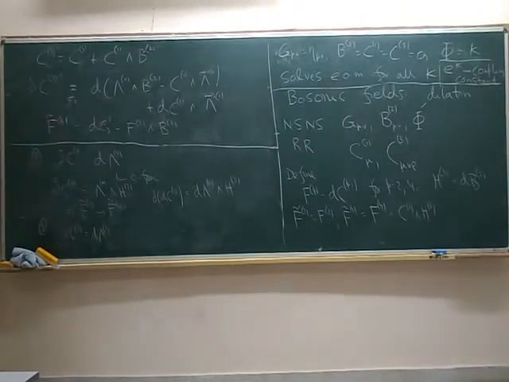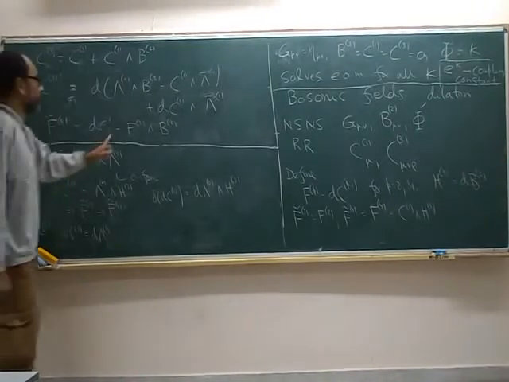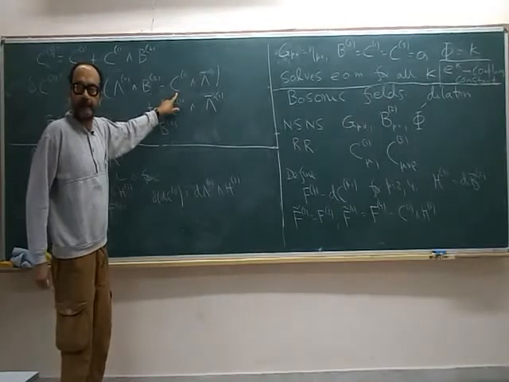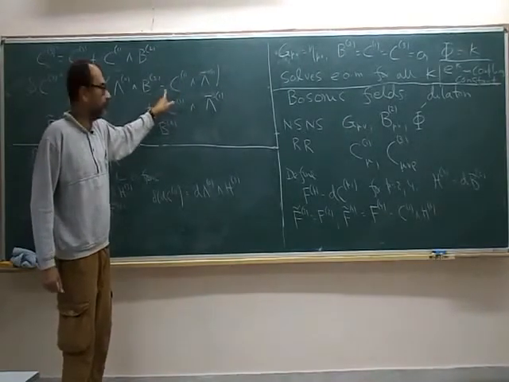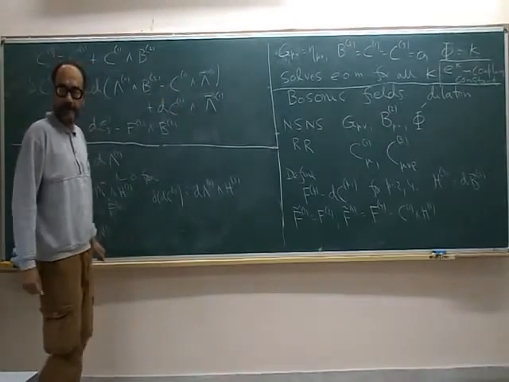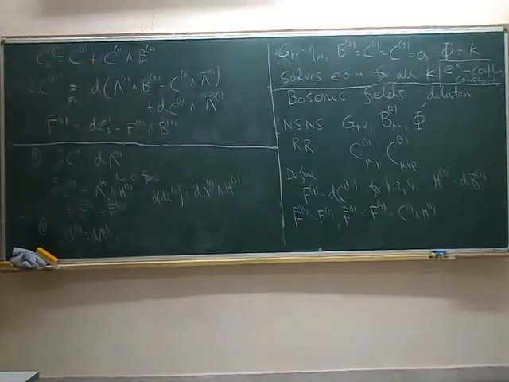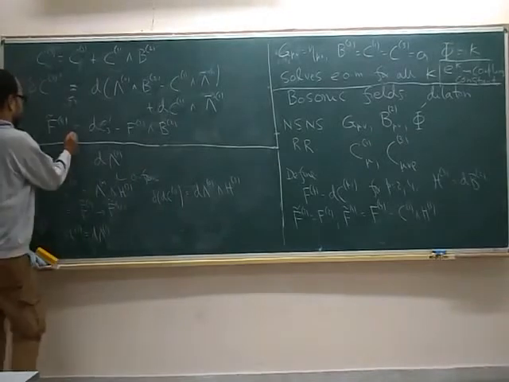Don't you have an extra minus sign there? Because when you expand this, the term that says C1 with d lambda bar 1, with a minus sign, shouldn't that be plus? When d goes through C1, it changes sign. Oh, that's because it's a one form, right? Yes. So it will become plus dC1 with d lambda bar 1. I'll just leave it as an exercise to check this.